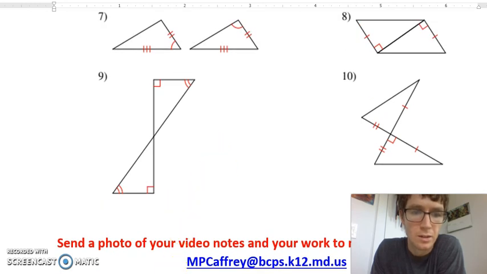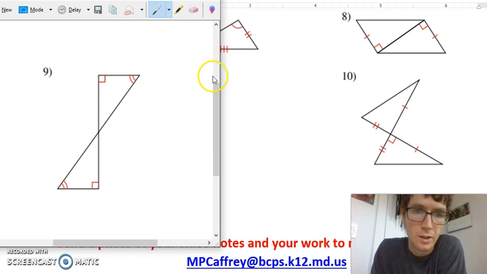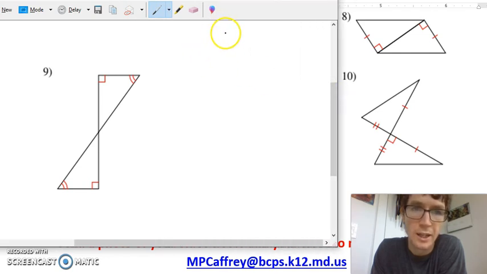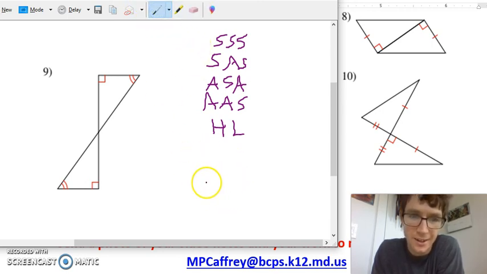Okay. For number 9, I think this one was a little bit tricky. So I'm going to copy down all my options. We got side, side, side, and I really think this is a good idea for you to do as well. Side, angle, side, angle, side, angle, angle, angle, side, HL, or they're not congruent. Okay, whoops, that didn't go well. Let's try that again. All right. NC,